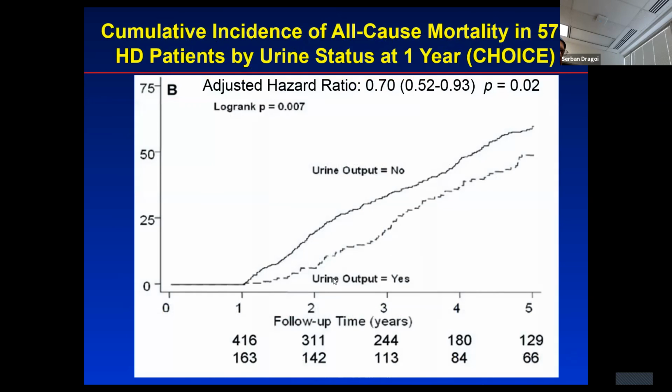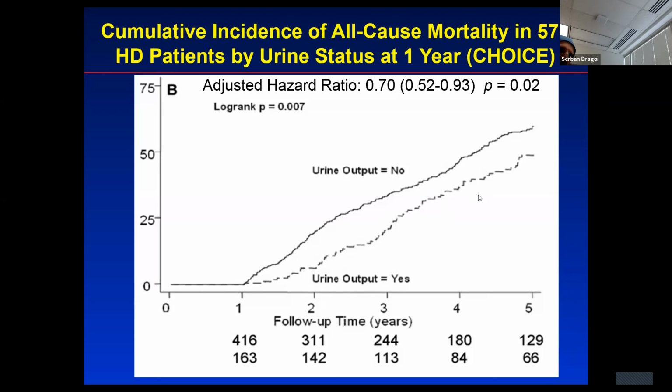This is just a study by Shafi at Hopkins that shows the all-cause mortality in 600 hemodialysis patients by urine status at 1 year. The trouble is this study measured residual urine output. We don't measure that, and it's not mandated. In PD, we have mandatory measurements every 3 months of the urine output in CKD patients, but that is not obligatory and is basically not done in hemodialysis patients, which are 92% of our dialysis patients. So unfortunate, but